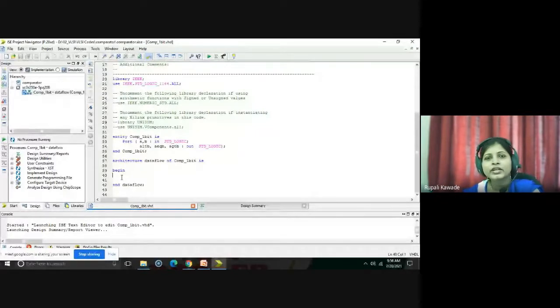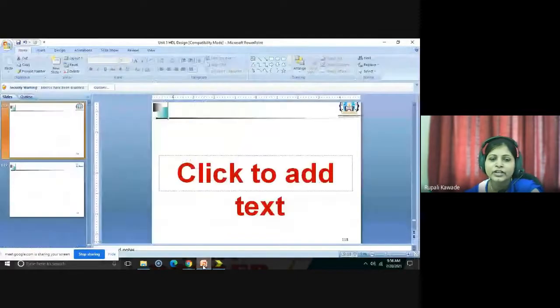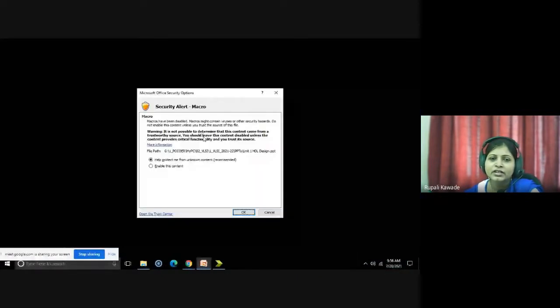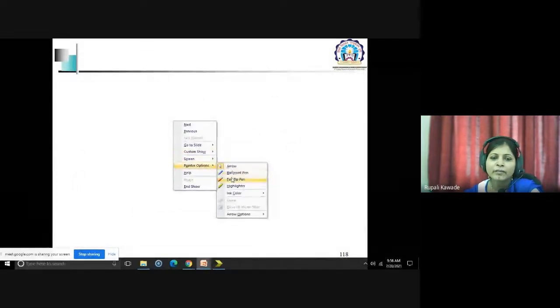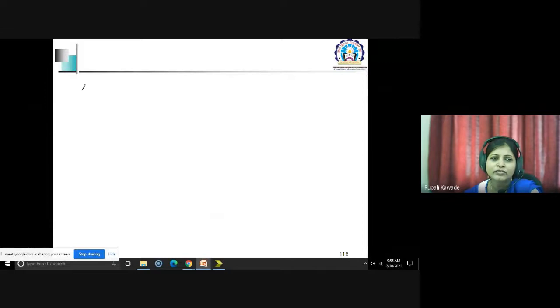Now if I am going to write the dataflow, what is important for the dataflow modeling style? In the previous session we saw how to represent the Boolean expressions for a comparator. Based on the values of A and B, we have A less than B, A greater than B, and A equal to B. These come from the truth table we have written. So these are the ALTB, AEQB and AGTB: three inputs, three outputs.